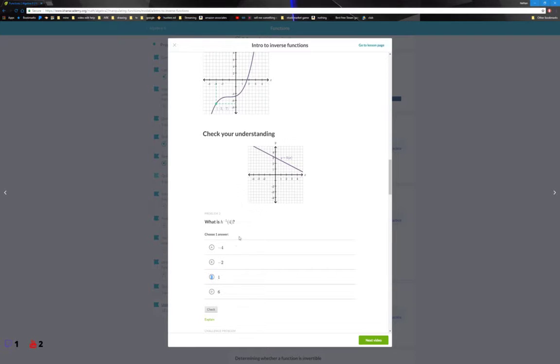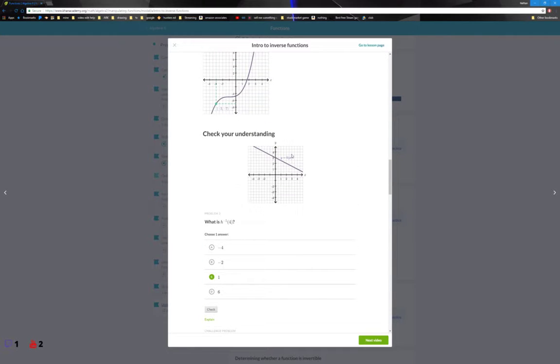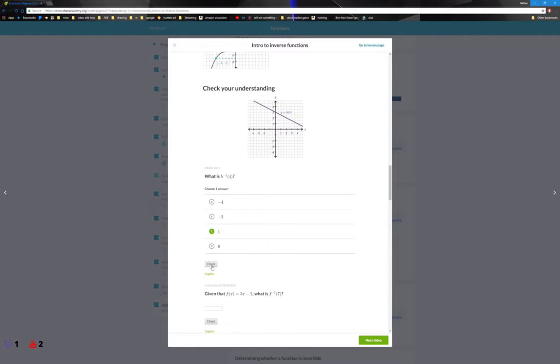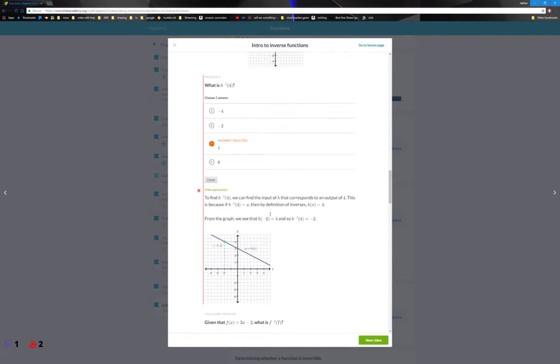Yeah, so that should be 1 because in our h of x, and that is incorrect. So to find h inverse of 4, we can find the input of h that corresponds